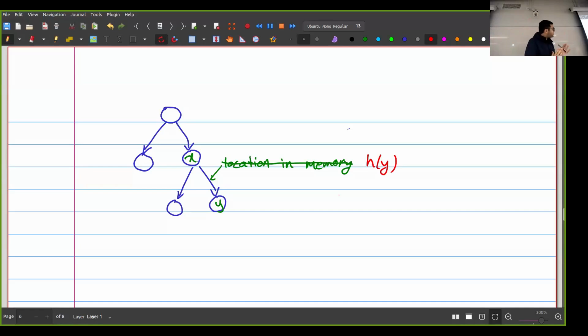But it gives you immutability in the sense that if someone changes the value of Y, that also changes the hash of Y, which means that X is no longer pointing to Y. X is pointing only to the previous original value of Y. So whenever you change the value that is being pointed to, all of the pointers are now invalid, and they're no longer pointing to the same thing. Now, this is a property that we will use in the next session.